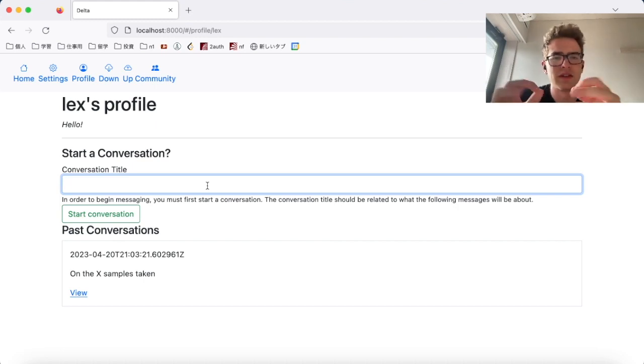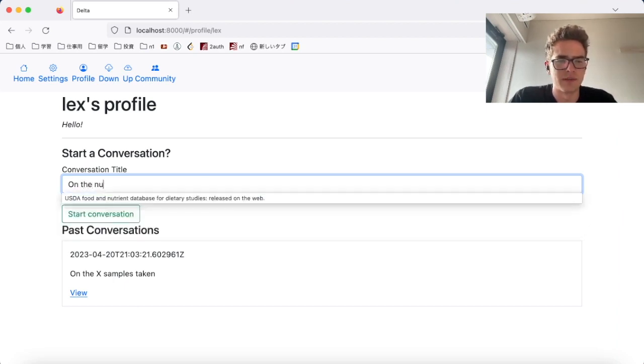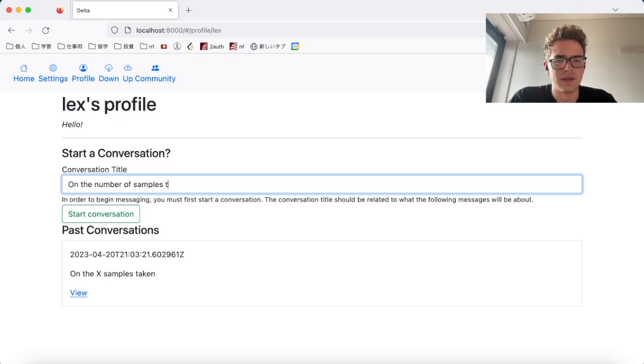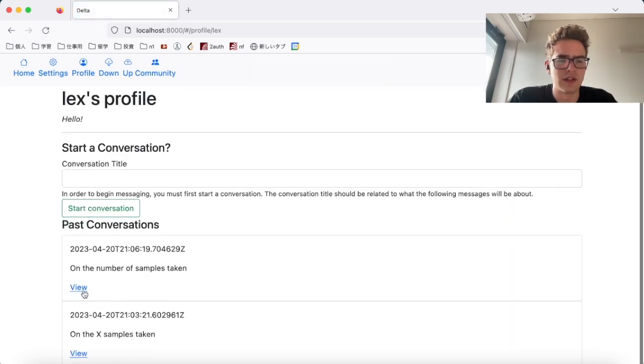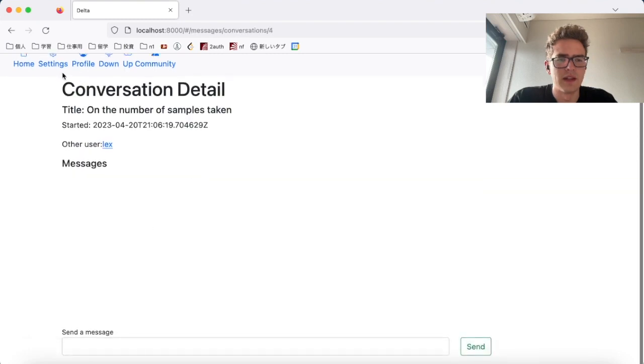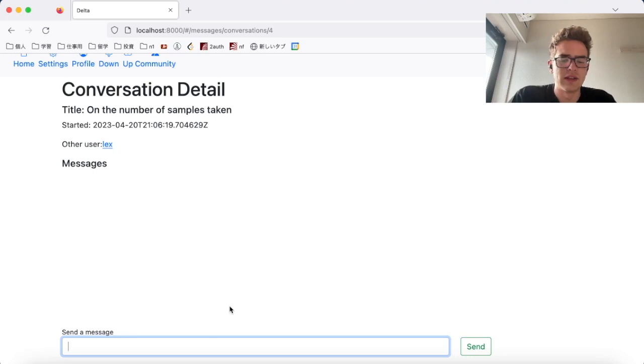So a conversation is essentially a way of linking a bunch of messages together under a common theme. So let's say we wanted to ask about the number of samples taken. All right, so you start a conversation, you're going to refresh, and then you can see this conversation here, and then you can send a message. So you can just say something like,